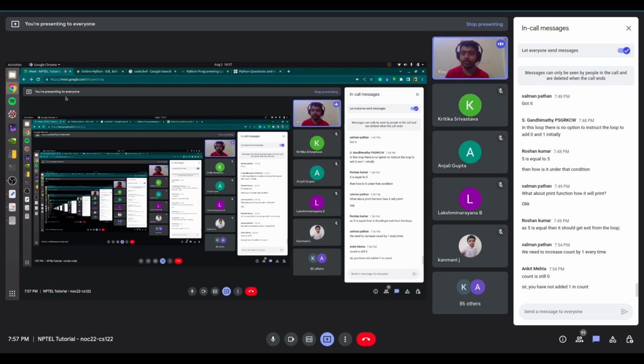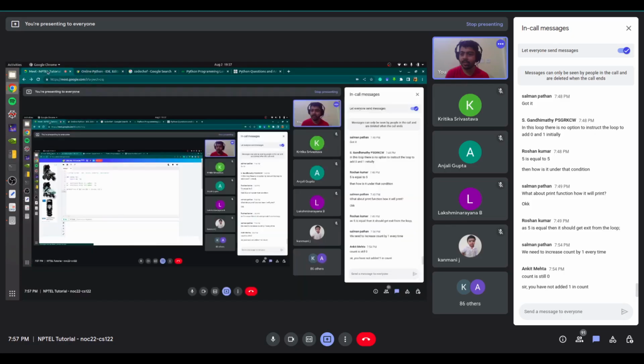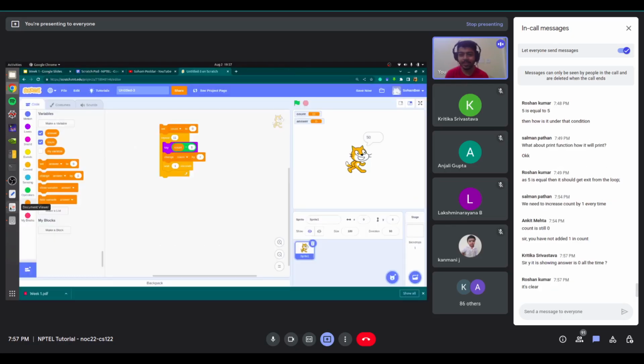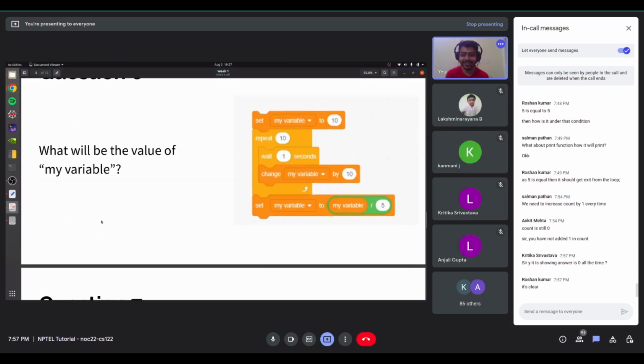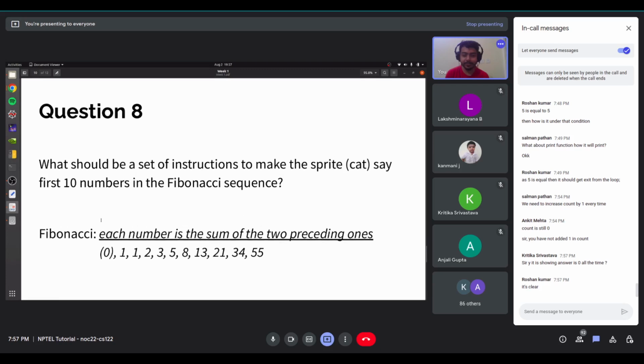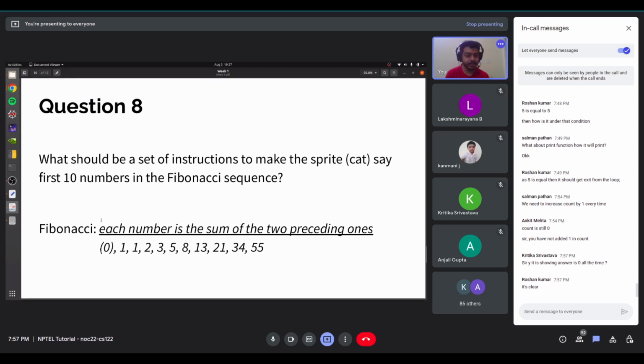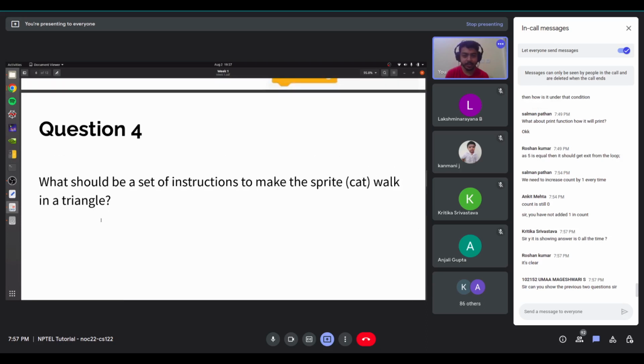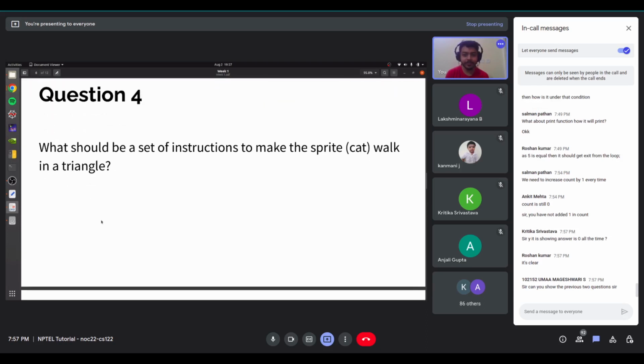So let's do another program. I guess program solving, making a program, is better than looking at questions. Okay, I have given this program which you can do later on. You can try. I will just solve another quickly. So let's say question 4. Right now we just made it say some things. I'll hurry up a bit, but you can try it out yourself also. So you have to make the cat walk in a triangle.